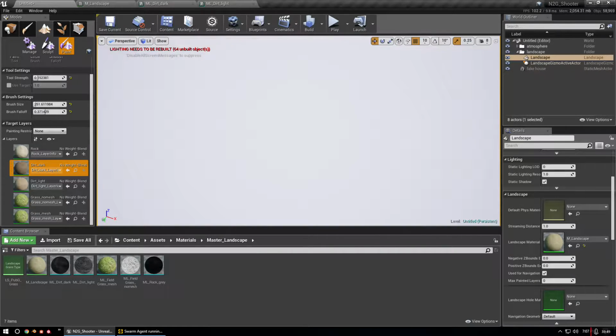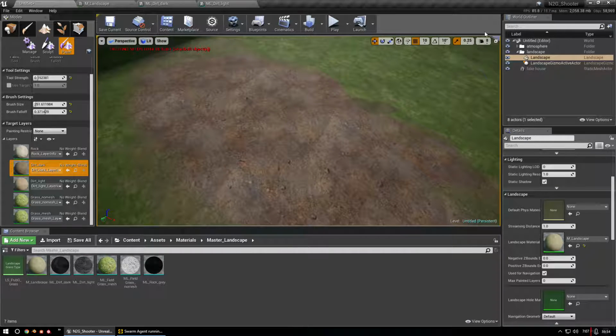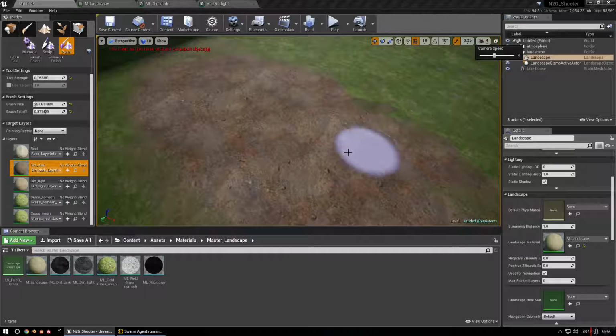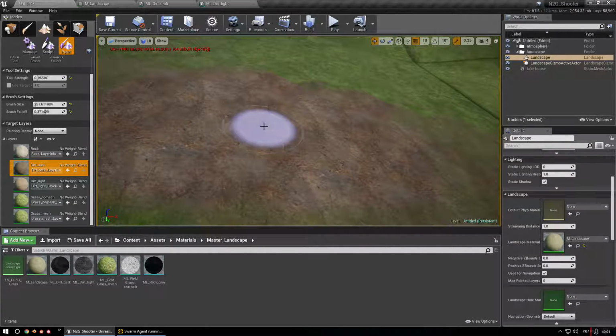Get a good area here. Whoa, so that zoom just pops in real. I hate camera speed adjustments. So what we want to do here is